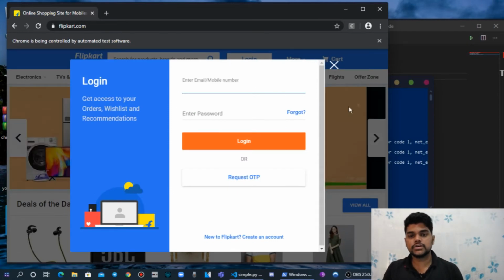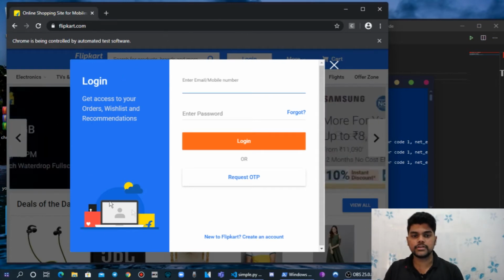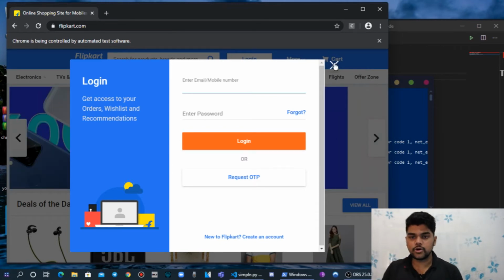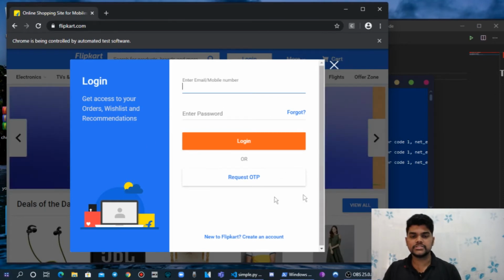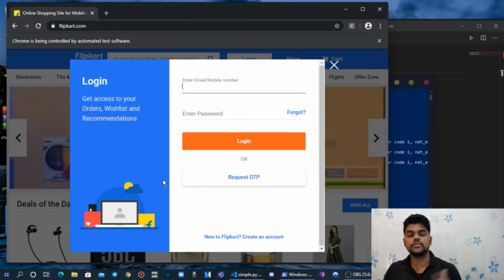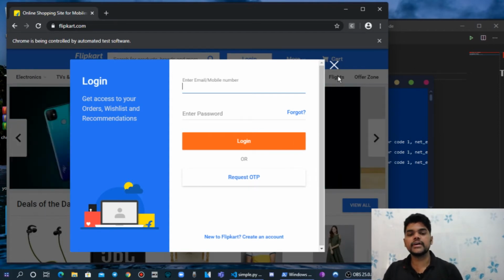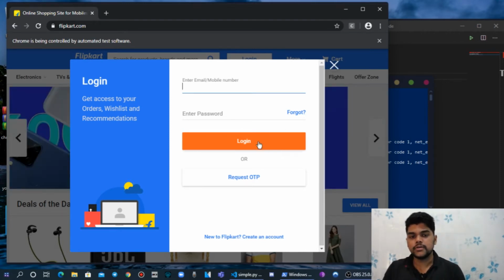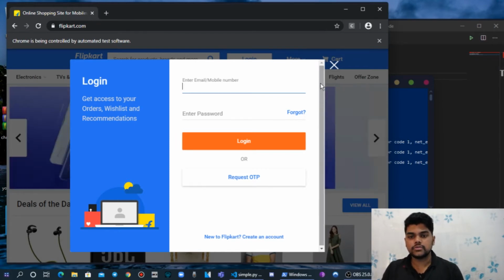After that we can see one pop-up like a login screen. Now I need to click this cross button so that I can bypass this login screen and search for something on the Flipkart website. This has to be done automatically, so clicking the cross button also has to be done by the Python file.